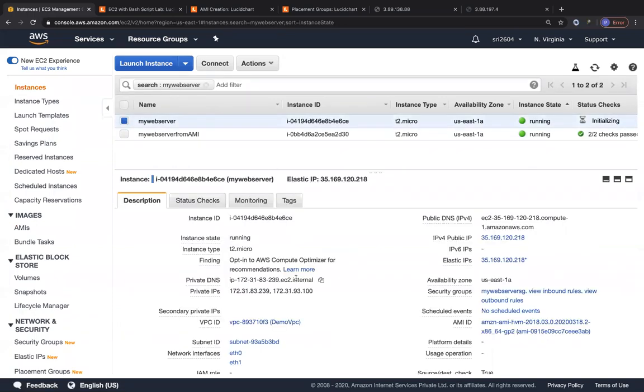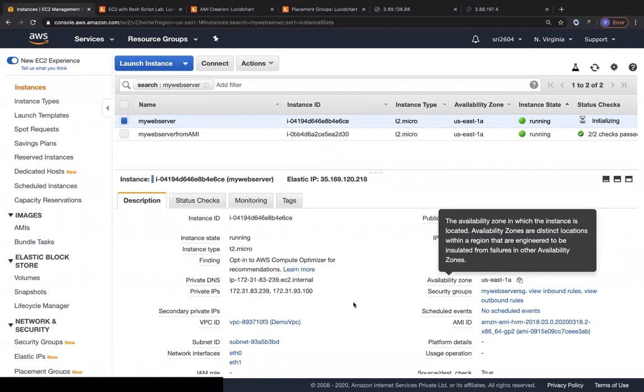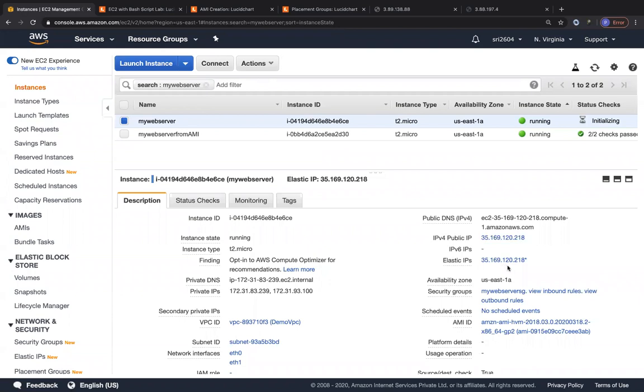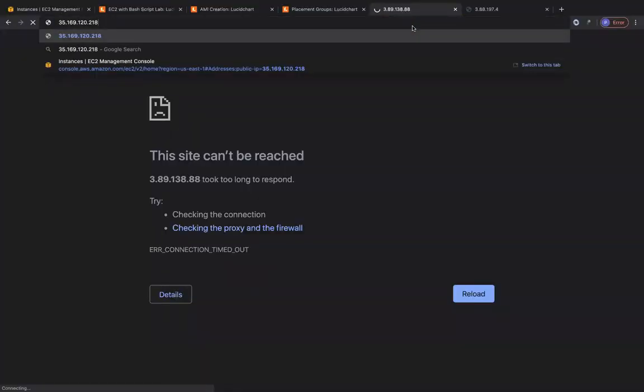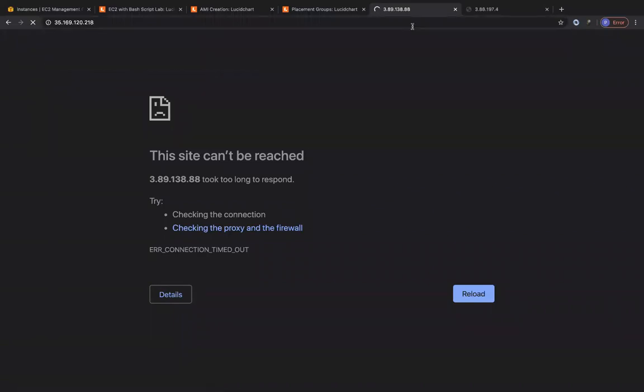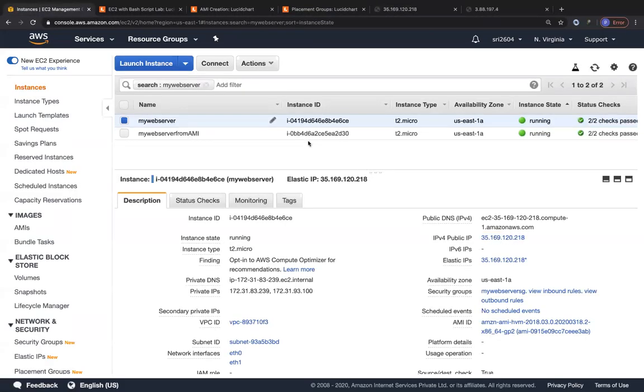So we can go back to instances, and I'm just showing you that it is also possible to associate multiple ENIs to your EC2 instance so that it can have multiple private IP ranges. And even though that ENI could give it a public IP, since we already have an elastic IP associated with it, it's going to retain only that elastic IP, right? So we are going to copy this elastic IP and paste it in the browser instead of the previous public IP of that same EC2 instance, which is not resolving. We put the elastic IP and we get hello world. So however many times we stop and start, we will still retain our elastic IP.